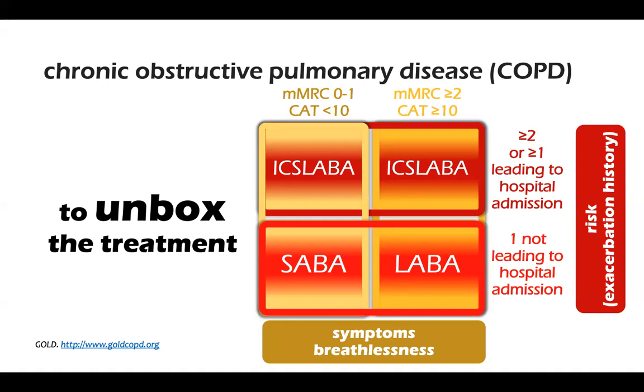The only best treatment that you can offer to them, and that is recommended and available by standard treatment guideline, will be a combination of ICS LABA. So contrary to GOLD that differentiates C from D when it comes to treatment, in the public sector both C and D are offered the same treatment, which is a combination of ICS LABA. And so the take-home message here will be, wherever we are, no patient should be on salbutamol alone if the symptoms by MRC will be graded 2 or greater, and no patient that has been experiencing more than 2 or